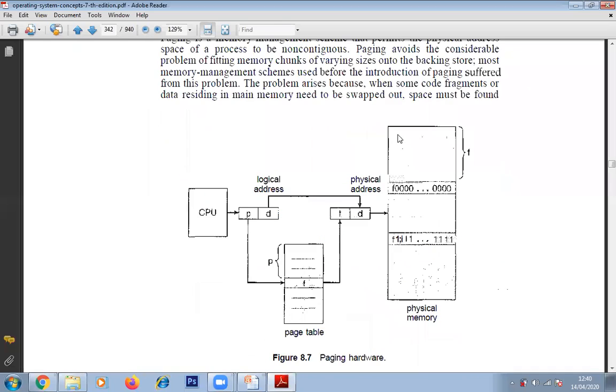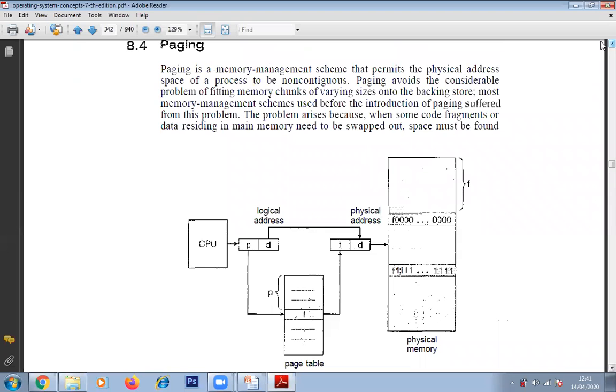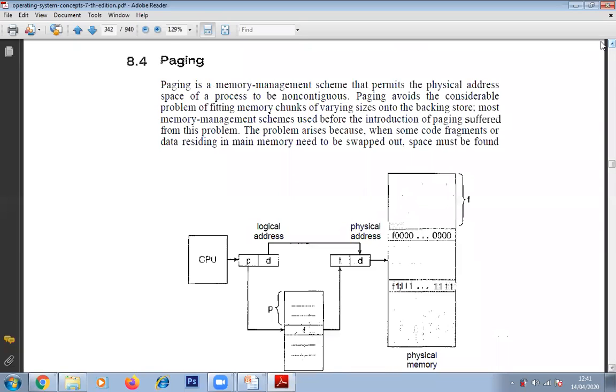This physical memory can be non-contiguous. That means data or instructions need not always be stored in order. For example, if an instruction needs a size of 10 MB and 10 MB is not available here, it can be stored elsewhere. That means it can be anywhere. So we can get those addresses by using the paging technique, which is used to get the address of the particular process data where it is stored in the primary memory.